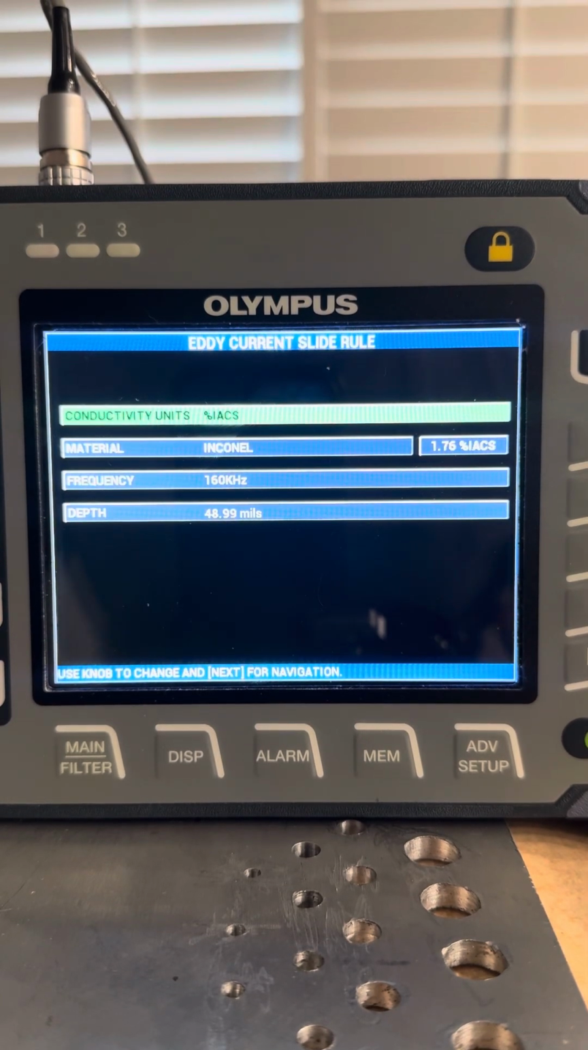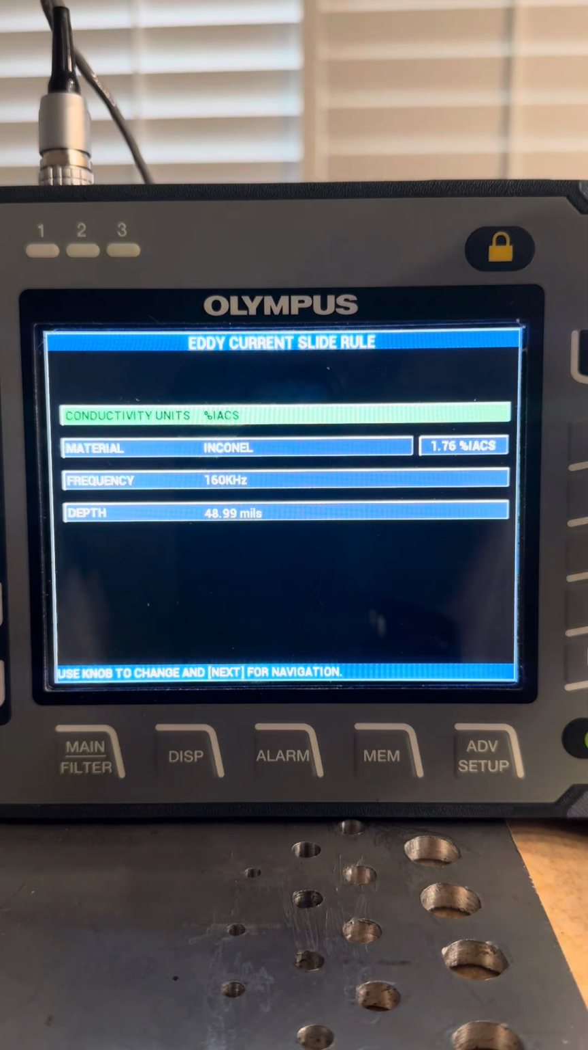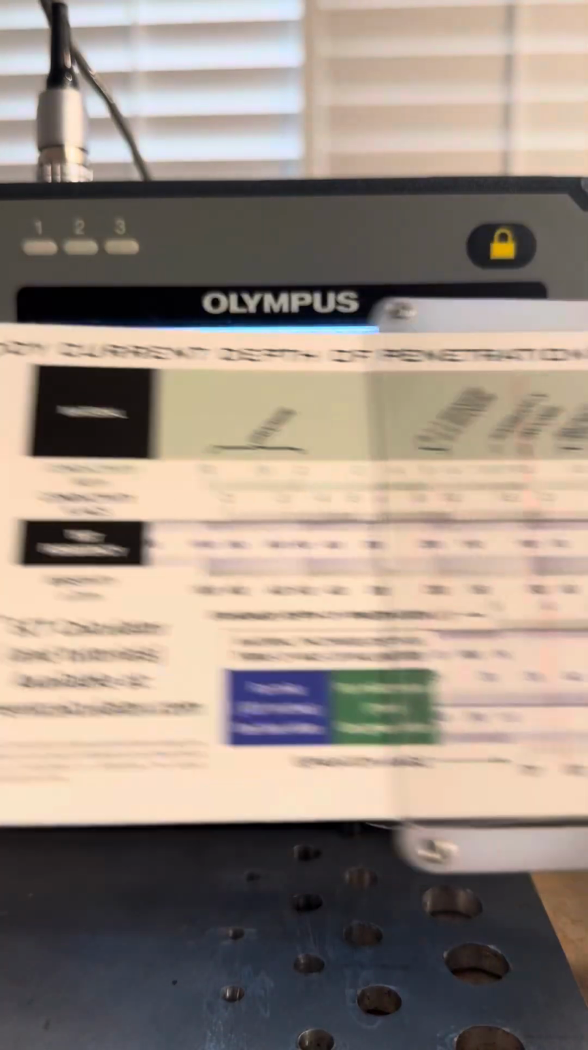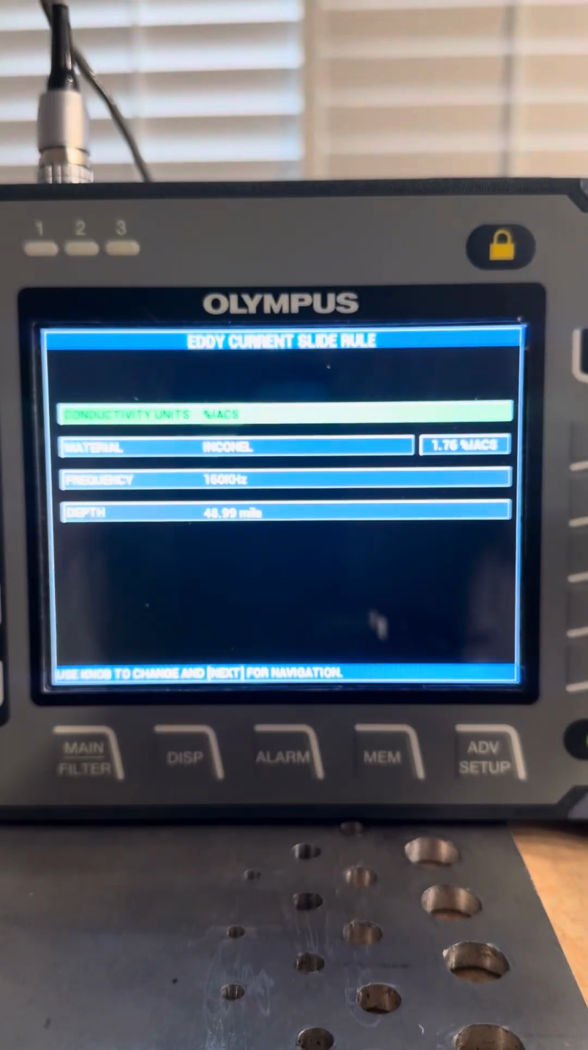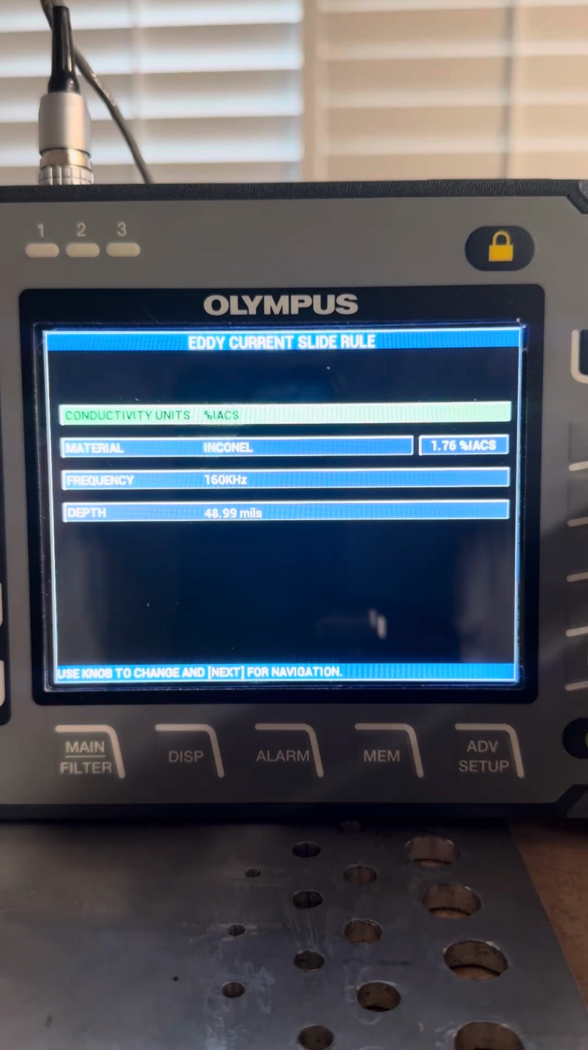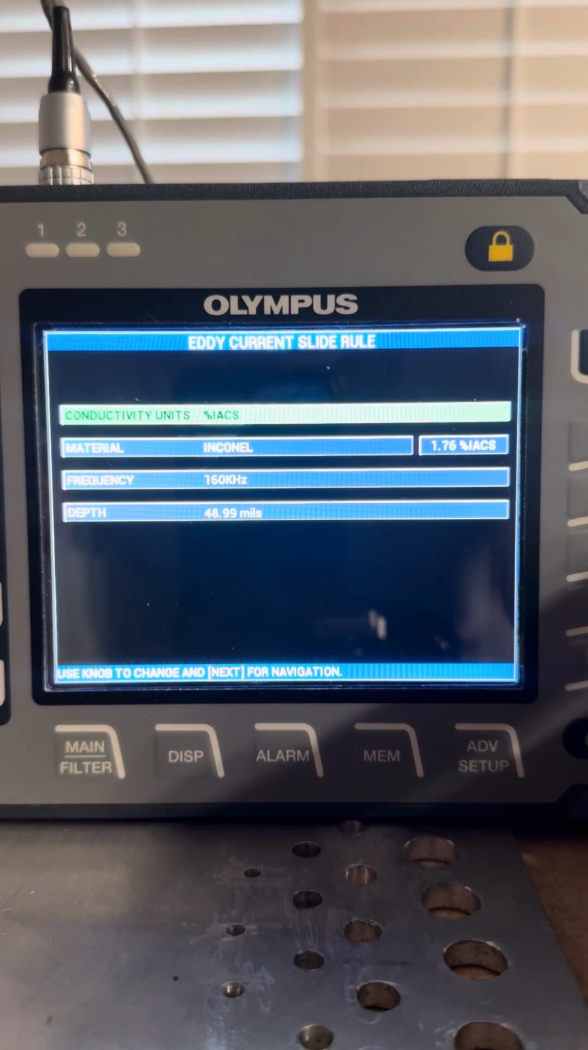In this video, I'm going to be comparing the slide rule on the 600D flaw detector from Olympus to the paper slide rule. I'll just notice what some differences are. The first thing I noticed when I started playing around with the slide rule on the 600D is that for